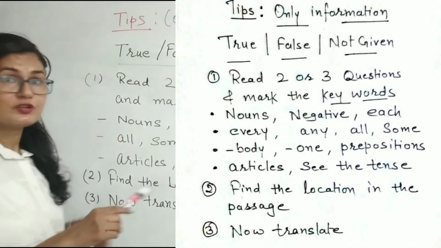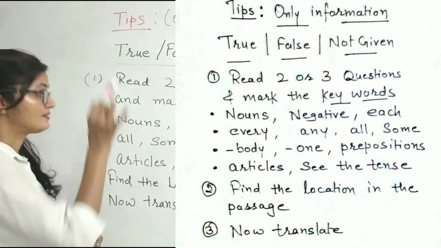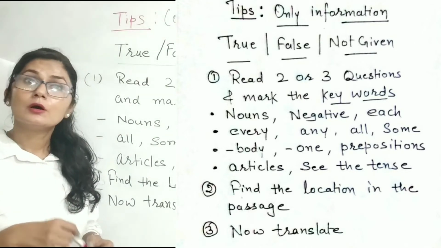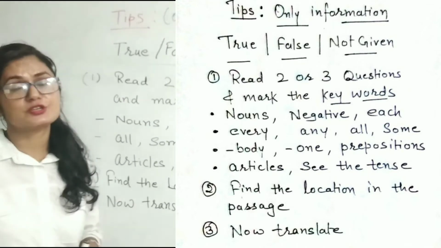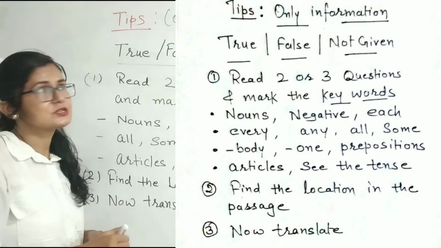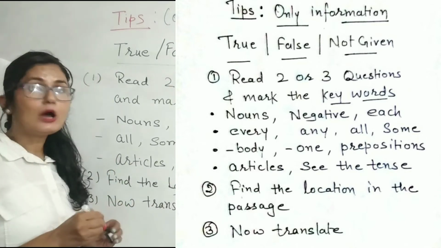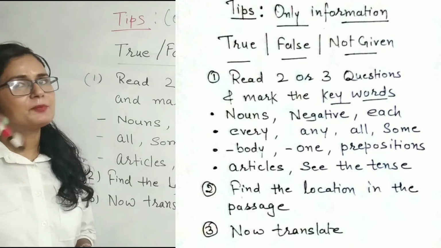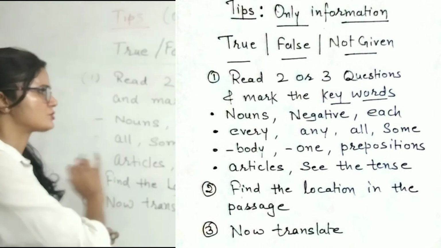See, what are keywords? I said in my listening lectures also, right? Like nouns, anybody's name, thing, person or place name, because a noun is 100% present in the passage. So, to find the location, see, my main target is to find the location. So, noun is 100%, so whenever you find a noun, anything's name, any person's name or location's name, just mark it and circle or underline it.